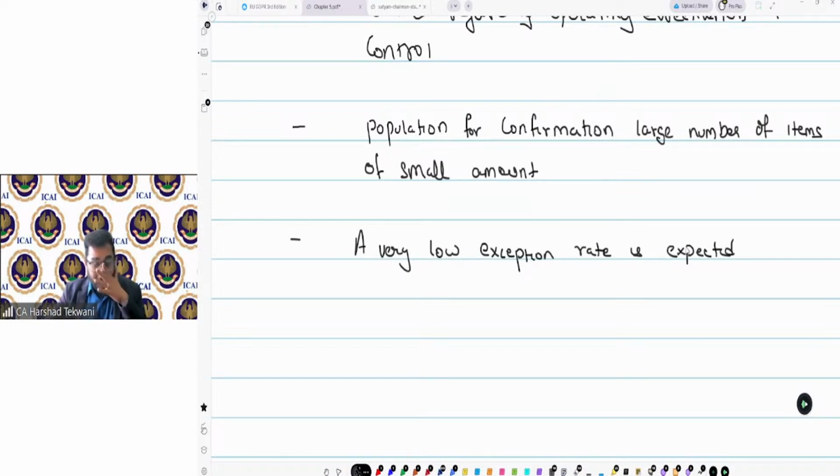See, there are a few areas where I would expect very low exceptions. One, when I have already obtained sufficient and appropriate audit evidence. Number two, controls are good. Number three, in my past experience, let's say if this is a recurring audit, I know that in this scenario the exception rate is very low, and I only need some small amount of audit evidence. At that point in time, it's perfectly fine for me to use negative confirmation.